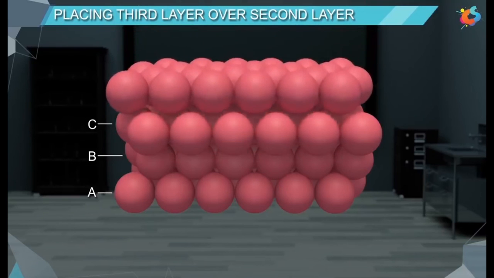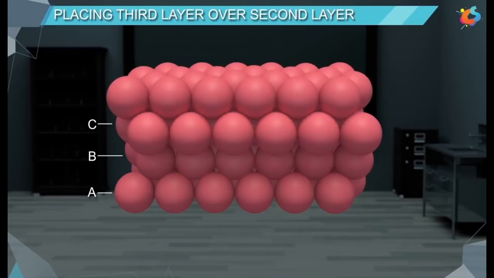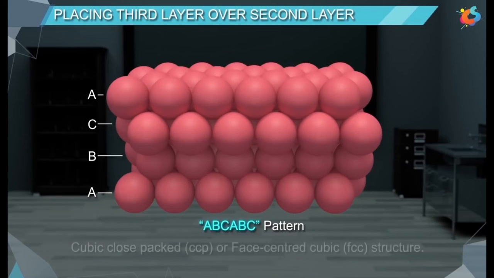Now, if we place the fourth layer over the octahedral voids of the third layer, then the spheres get aligned with the spheres of the first layer. Thus, this pattern is known as ABC type, and the structure formed is known as cubic close packed CCP or face centered cubic FCC structure.